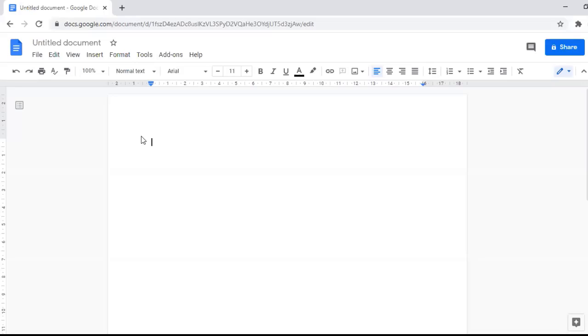Coming to the definition, what is meant by Google document? A Google document is a web-based application in which we can create, edit, and store the data or the documents.